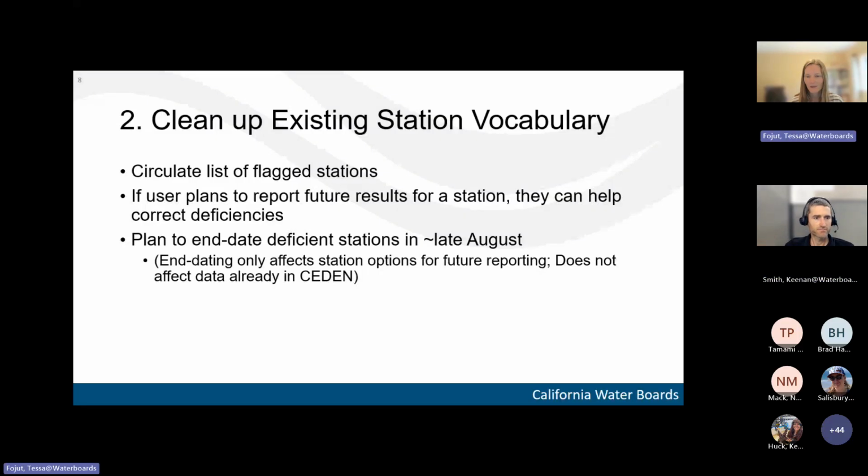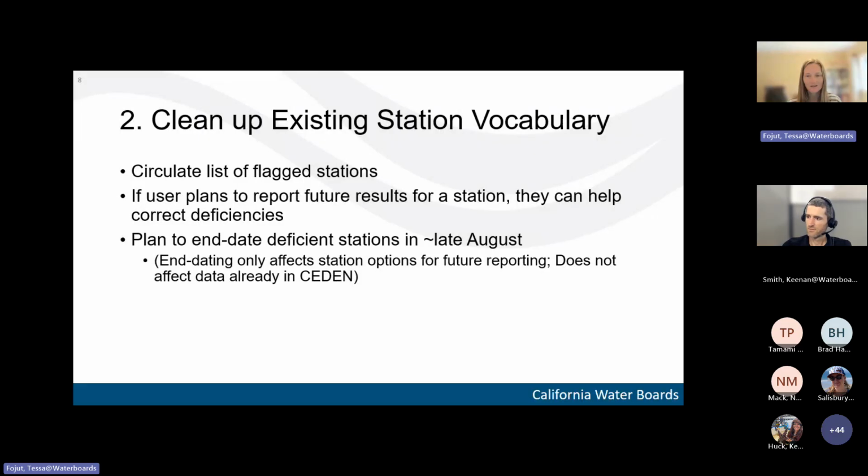Okay. Thanks, Keenan. So I see a question in the chat that says, can a contractor not be responsible for managing a station? We would take it on a case by case basis, but our understanding is that a lot of times consultants or contractors are working for a different organization that actually has the monitoring requirement, or they're the one who decided to hire the contractor to do monitoring.